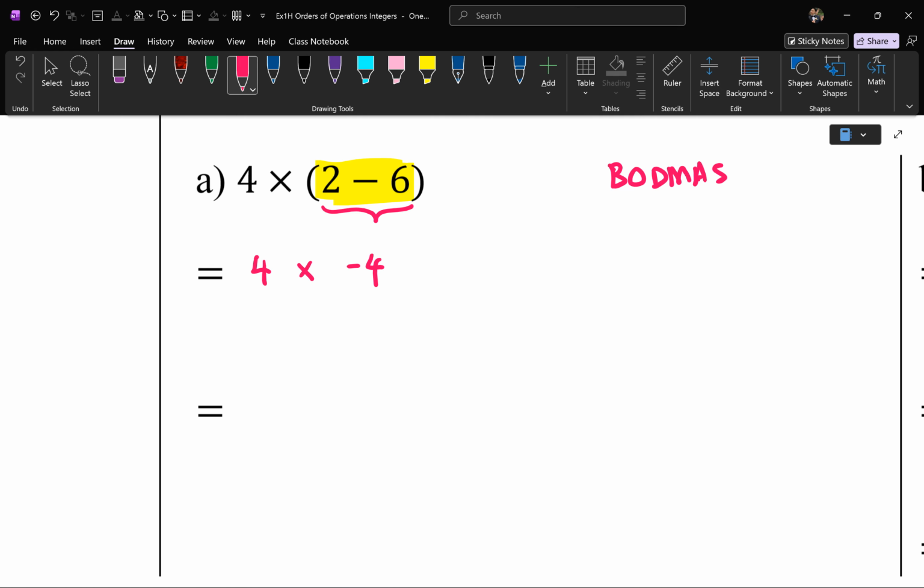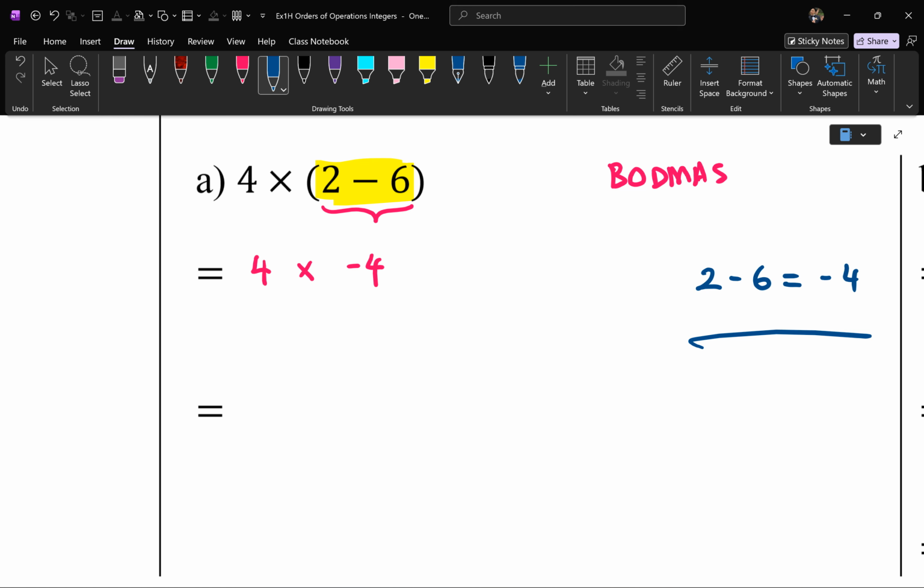We still have the times symbol, and this is now solved to be -4 because I did the brackets first. Now for those, when you're laying this out, remember: question, vertical layout, method, then answer. If you weren't sure about 2 minus 6, do your working out on the side. So do it over here. If you weren't sure, you can do 2 minus 6 equals -4, use a number line, whatever, but do